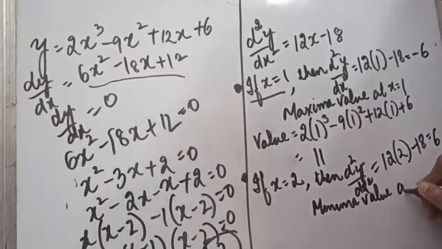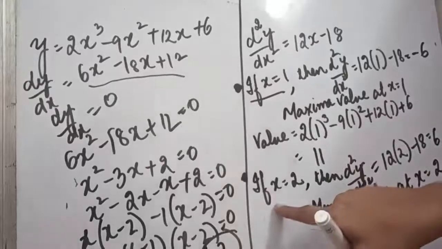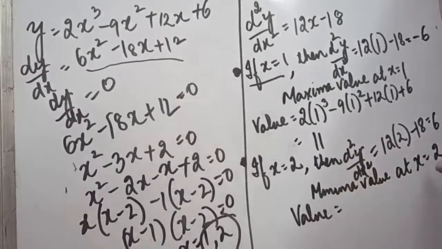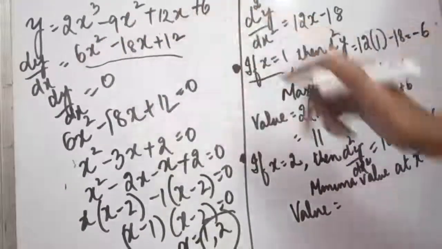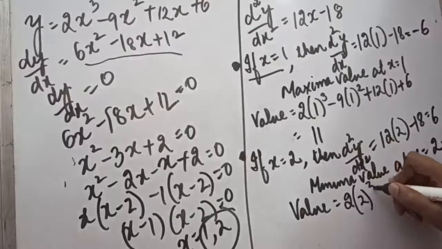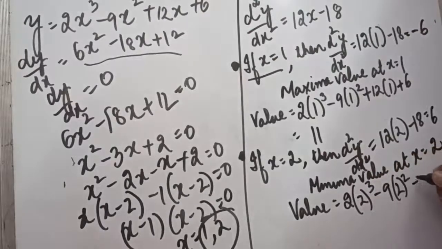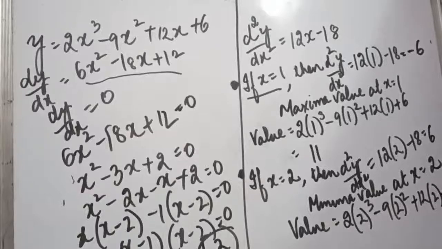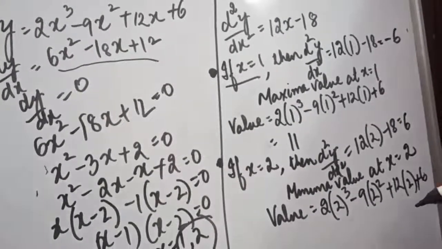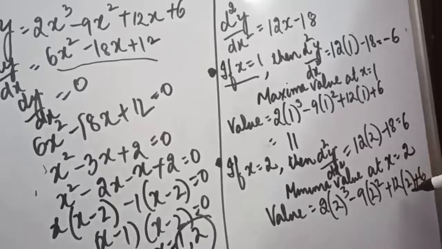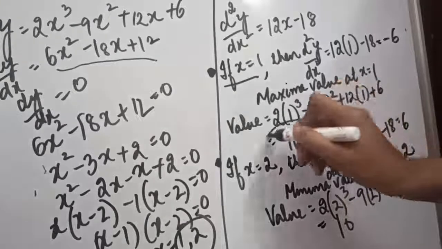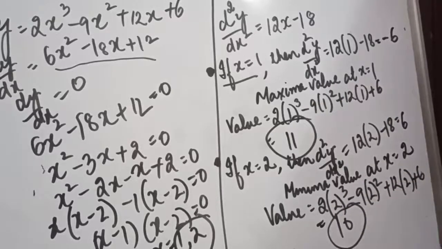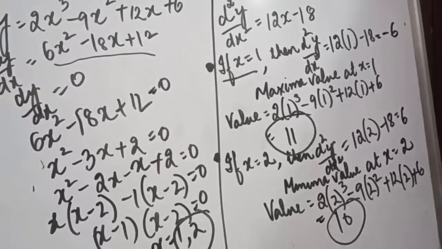Where is the minima value? At x equals 2. When x equals 2, we are getting a minima value. And finally, we will get the minima value's answer by filling this x equals 2 in our main question. So it will be 2(2)³ − 9(2)² + 12(2) + 6. So we will solve this. It will be 16 − 36 + 24 + 6, that is 10. So this is the answer of the maxima value, and this is the answer of the minima value. So this is how the first method is applied for calculating maxima and minima.